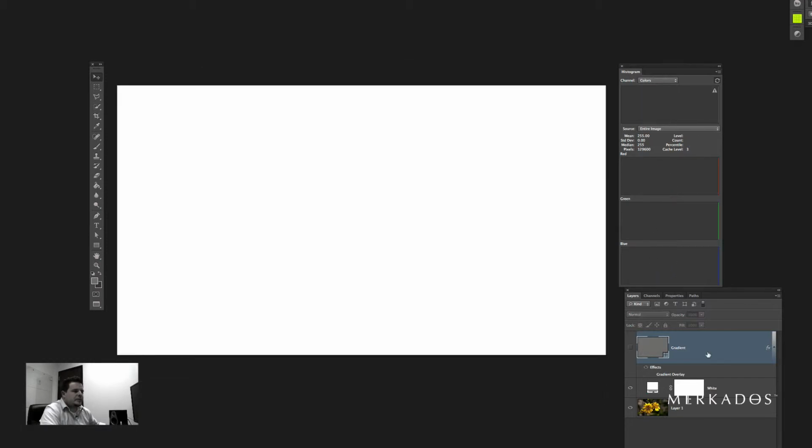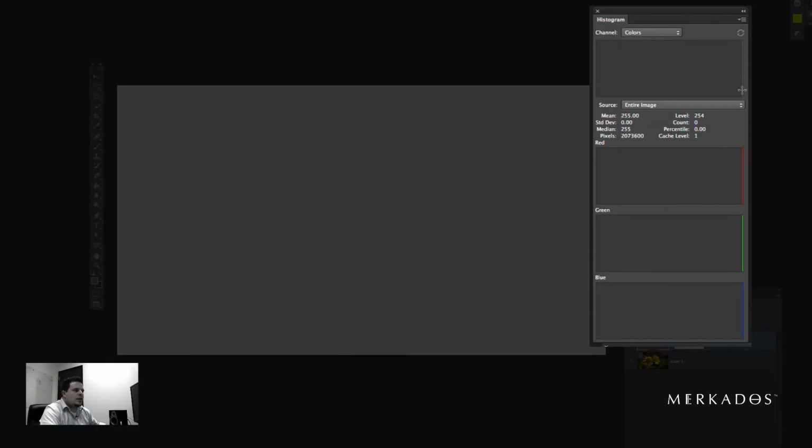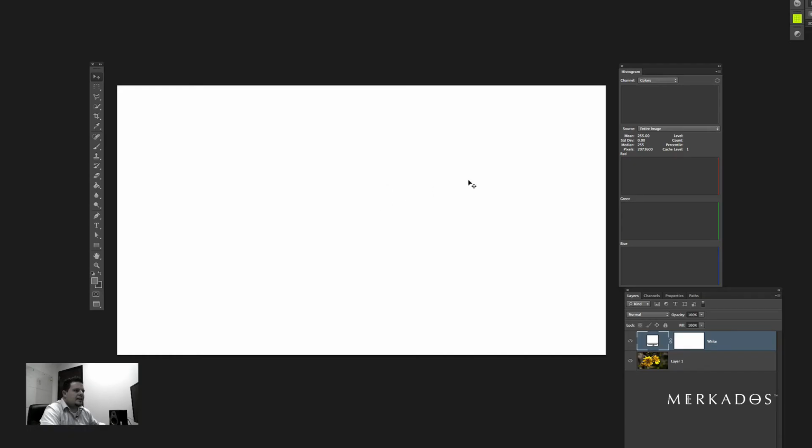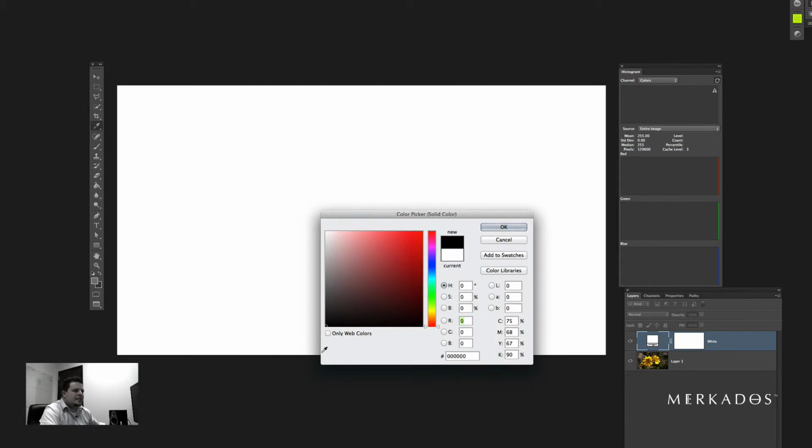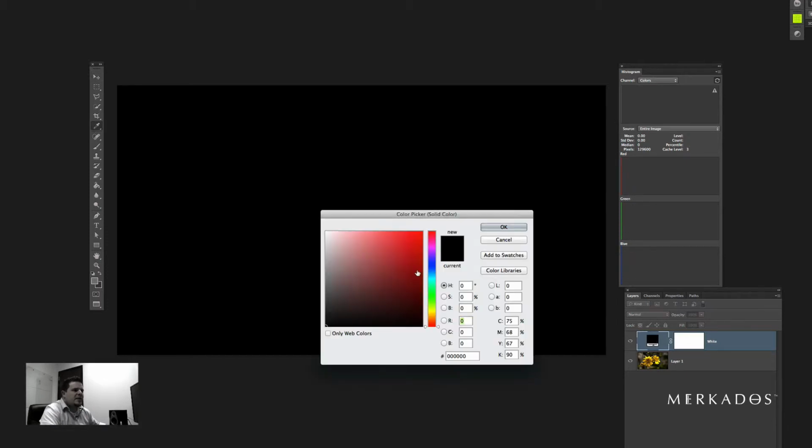Let's get rid of this one. And now we have the white layer here. As you can see, now our histogram is only representing one line all the way to the right, because we have just 100% highlight there. And same thing, here we have the same amount of red, green, and blue, so 100% white. Let's go ahead and change this to black, 0, 0, 0. Now the line moved here, same amount of red, green, and blue. So every time we have gray,